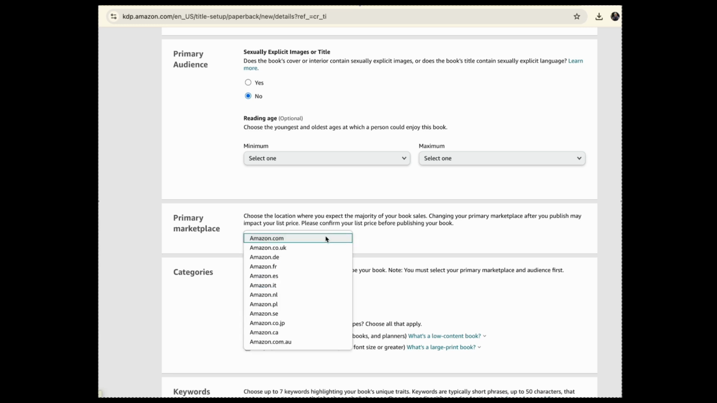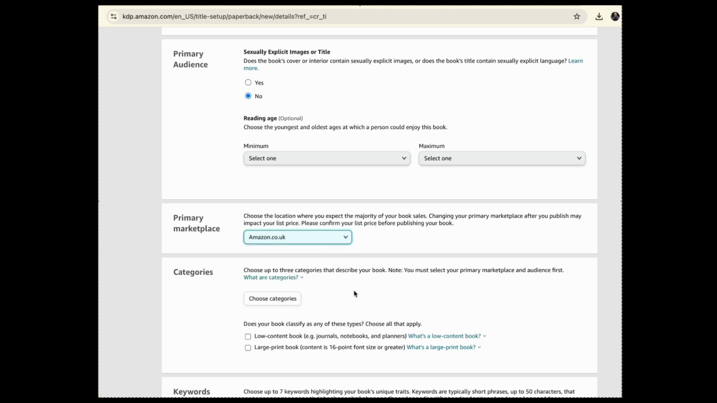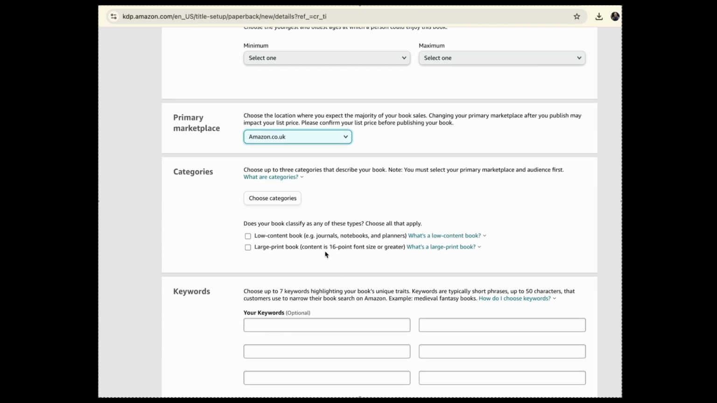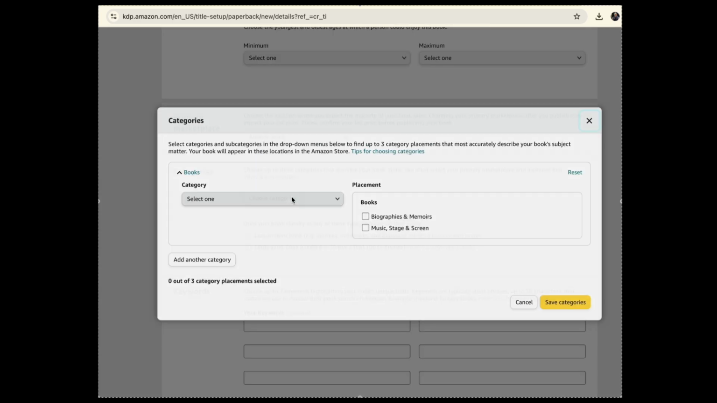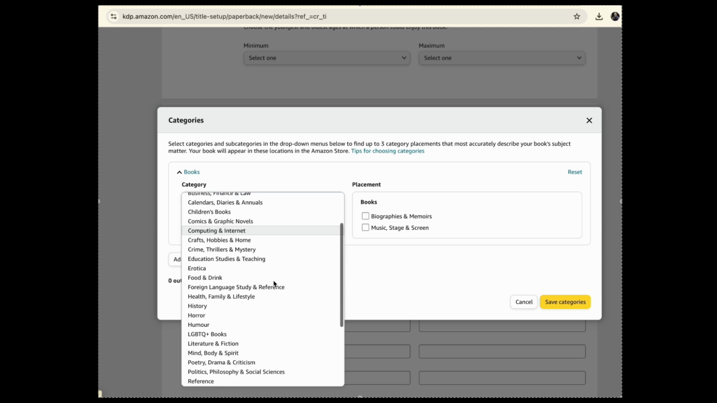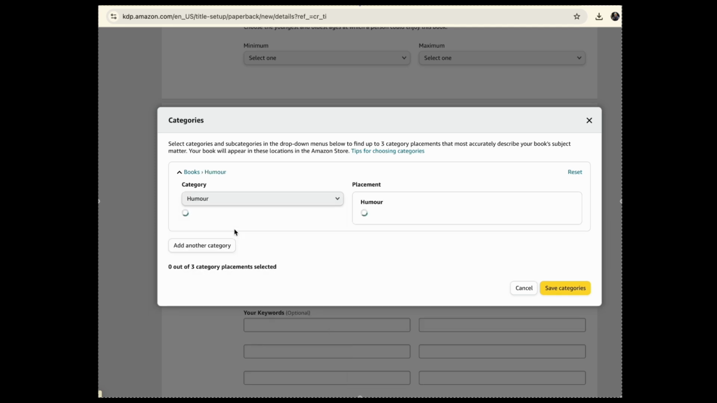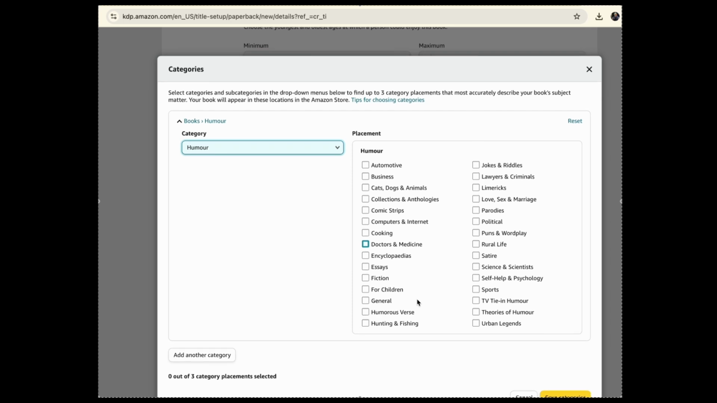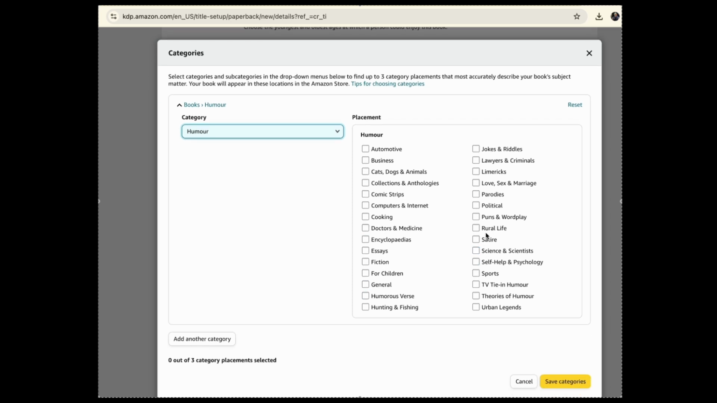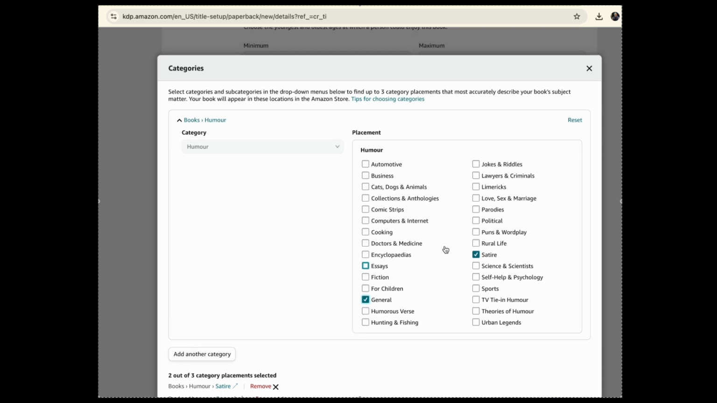Okay, so here we are choosing the primary marketplace, and we then have an option to select some categories. It gives you a couple of other options there for the type of content it is. So let's just pick 3 categories. We're going to go humour and subcats. What are we going to pick here? Satire, even though it's not. General humour and